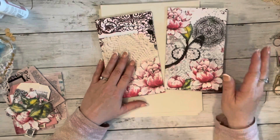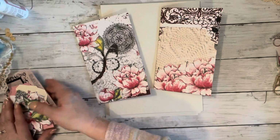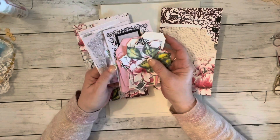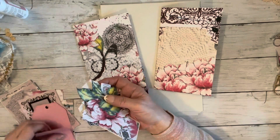We'll make one a regular journal and one what they call a junk journal with all different kinds of pages in it. And then I have cut all this ephemera out, so we will use that inside our journals. And these little tags probably also. I think one thing we're going to do with at least one set of these little tags,